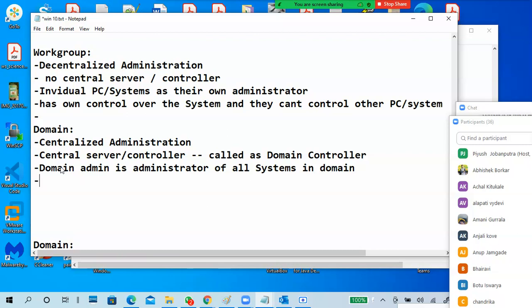So domain admins can control all PCs or systems.